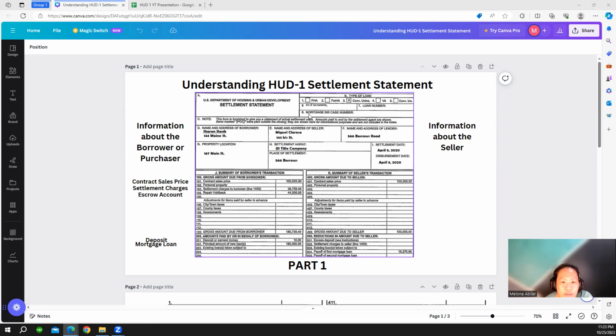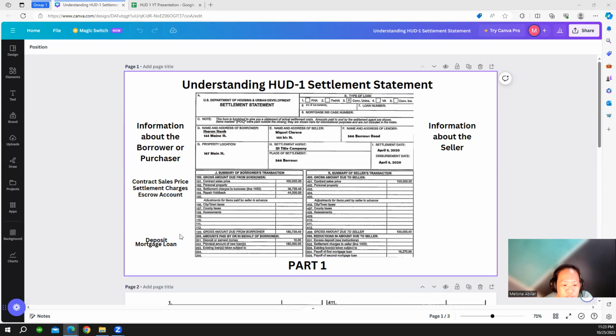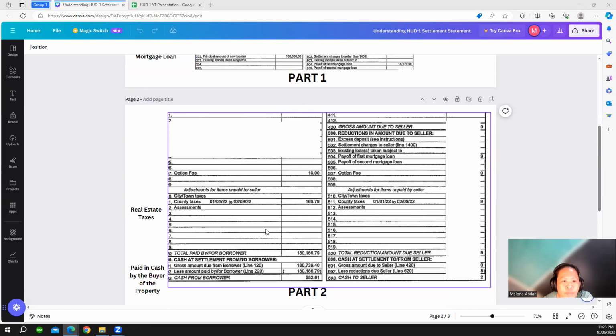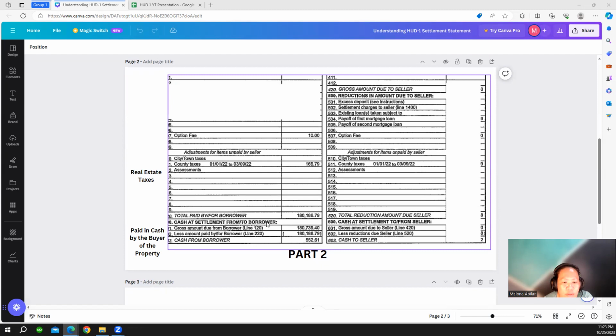So in part one, we discussed the information about the borrower or purchaser. We have on the left side the borrower side, and on the right is the seller side. So we can see the contract sales price, the settlement charges, escrow account, and then the deposit and also the